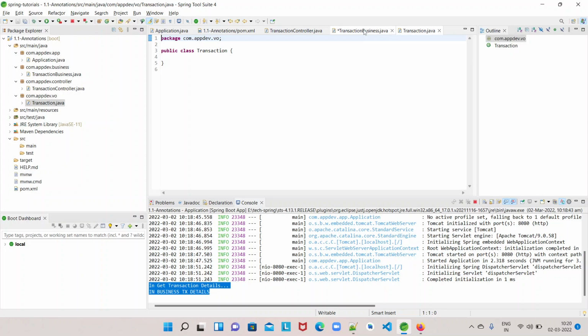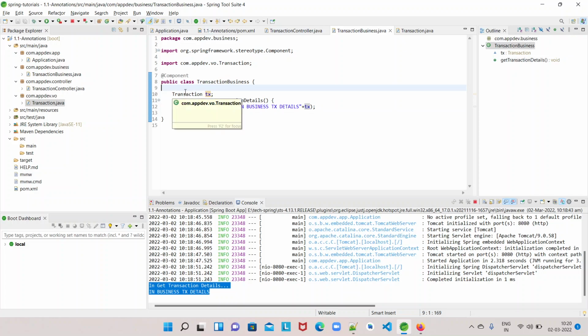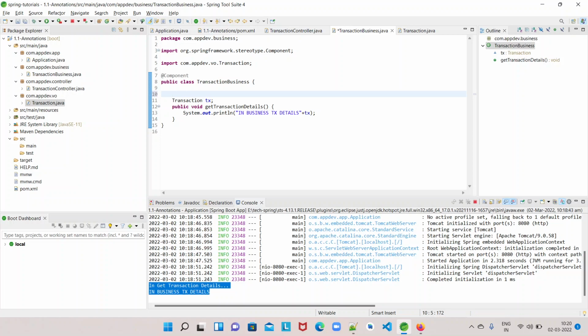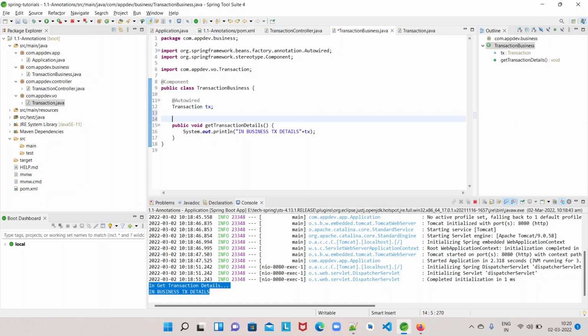Now we have the transaction class, let me import it here. Now I'll print the transaction class here. Again, transaction business is dependent on transaction, right? So we have to instruct the container to inject this transaction bean into this transaction business by using the @Autowired annotation. Now let's run it again.